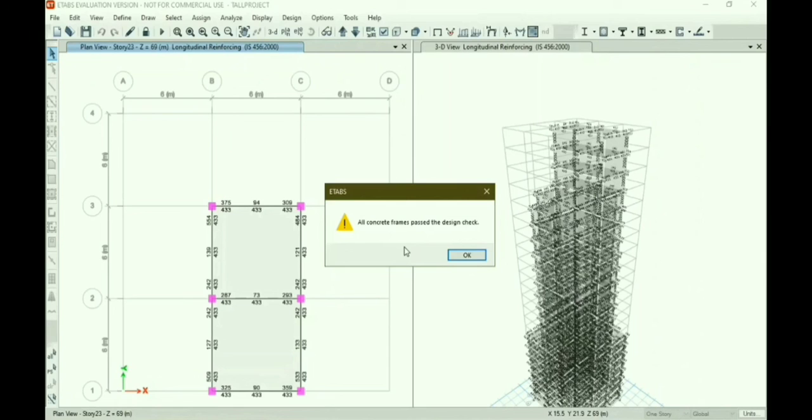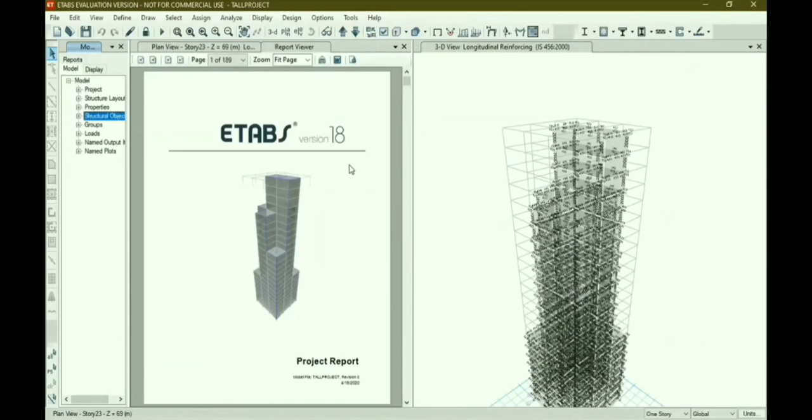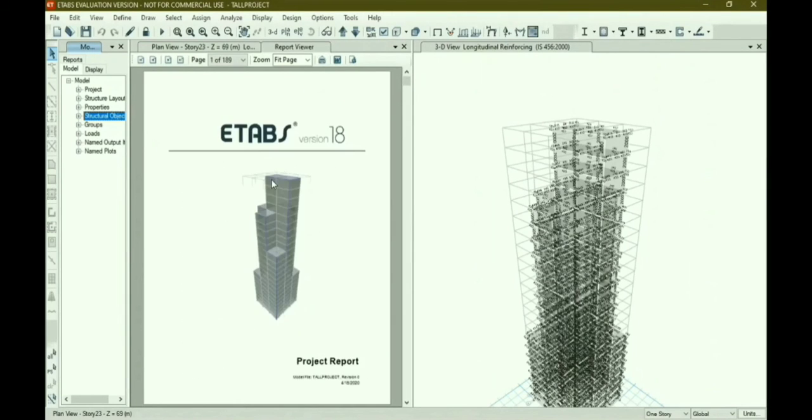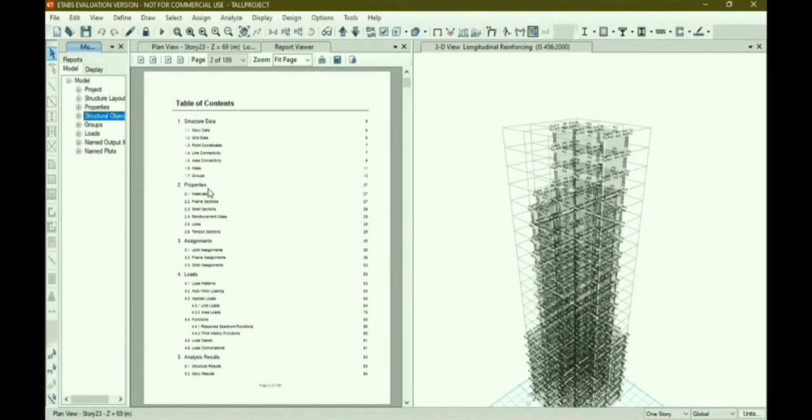It proves that what we have done is correct. So now we can construct the building. There is no problem in that. Also, it provides a detailed report of the building under model structure objects. It gives everything of how it is and